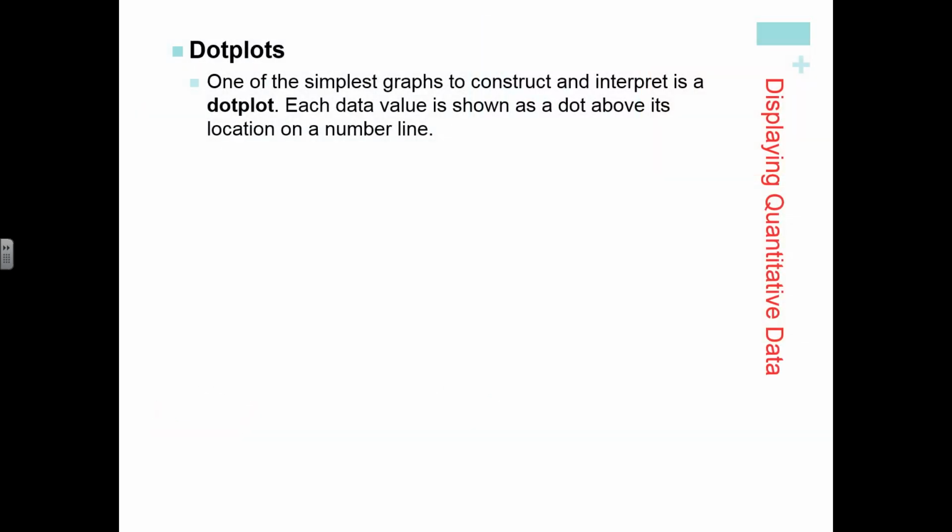Alright, so one of the simplest and easiest types of graphs that we can make is a dot plot. We'll use this even though it's so simple. We'll use it all year long because it still tells us a lot about the data, and it's a really easy way to categorize